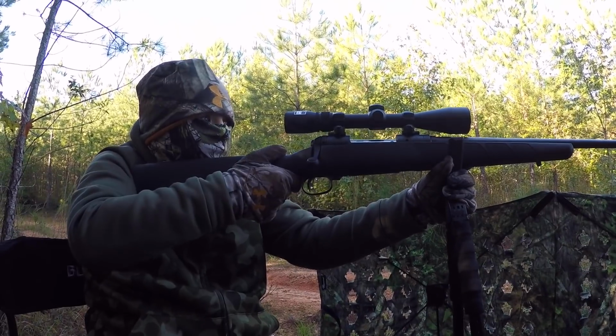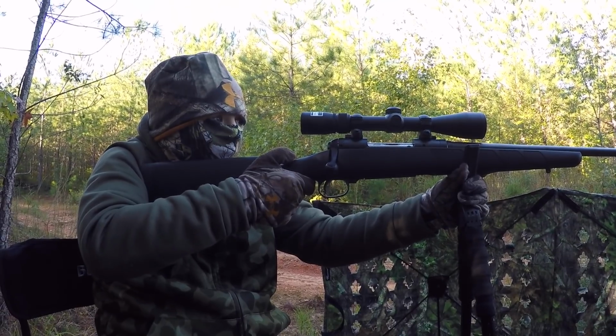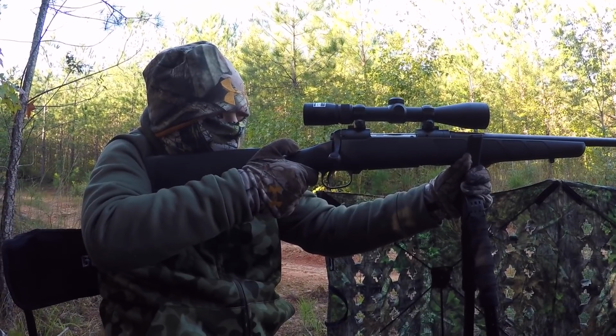And I looked at that deer, got a good look at it with the binoculars. Appeared to be a mainframe 8, decent looking deer, nice uniform rack. I said, take it if we get a chance. Go ahead and take it off just in case. Okay, that's okay. That's okay. That's what makes it fun. He's looking,